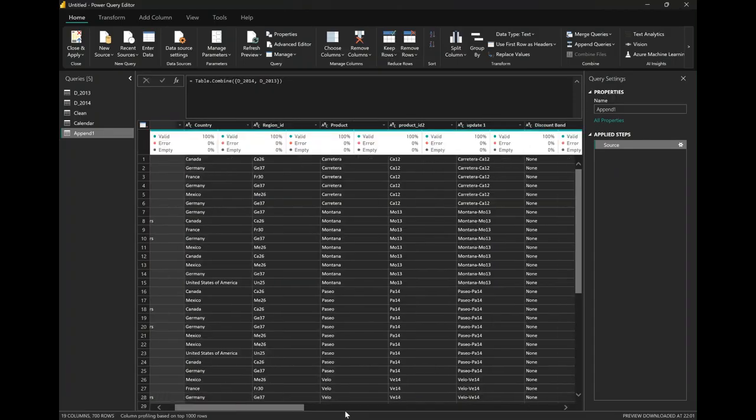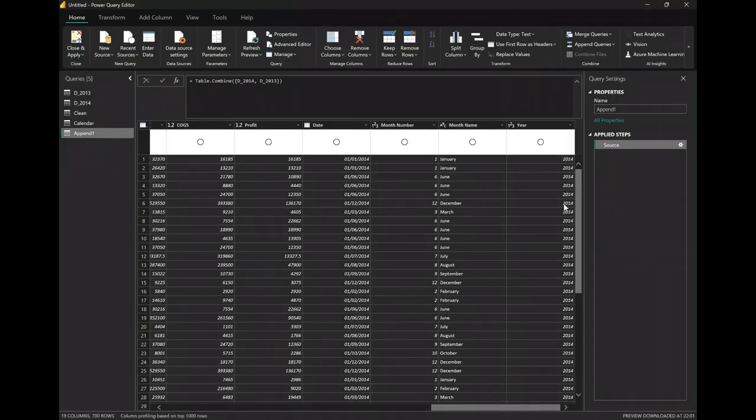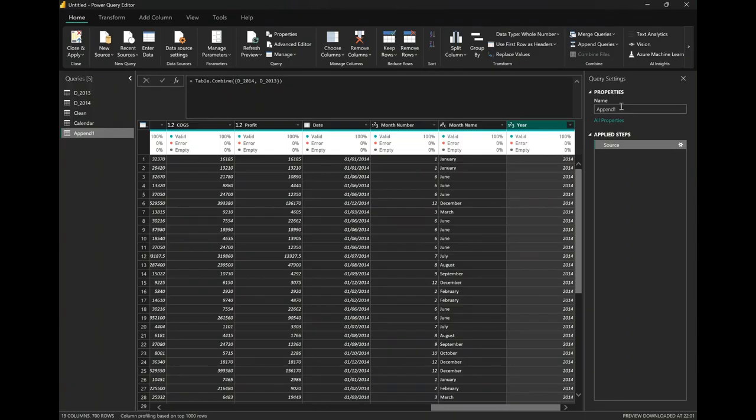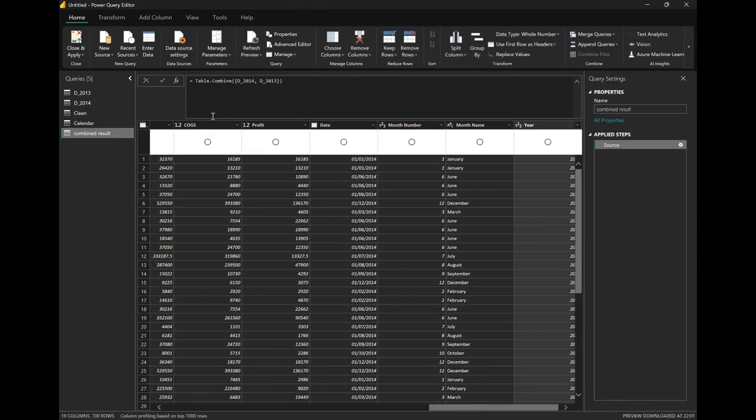And if I scroll to the left, under this year, if I click on the drop down for year, you can see the drop down for year is 2013 and 2014. And I can call this combined results. So that's simply how you could do append queries